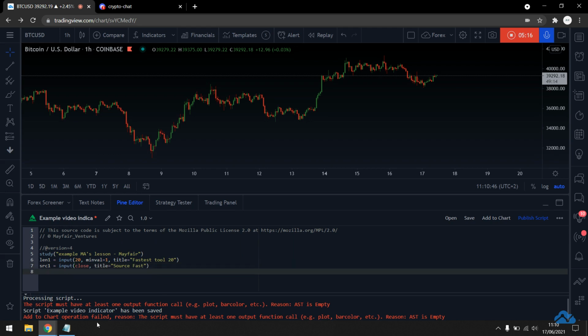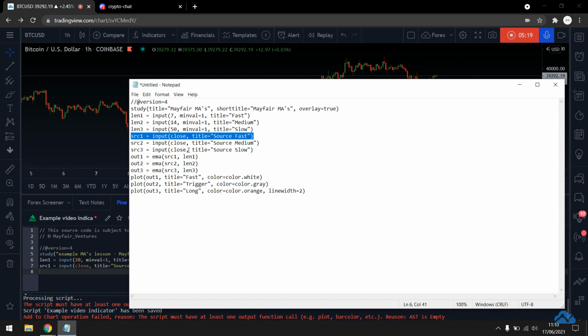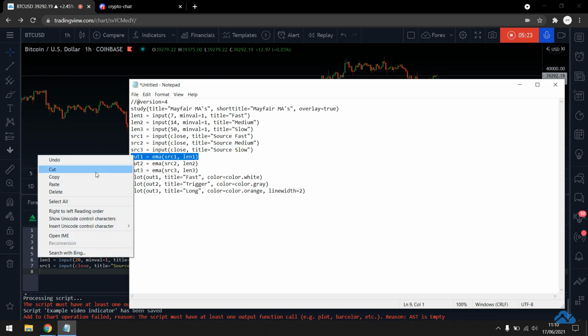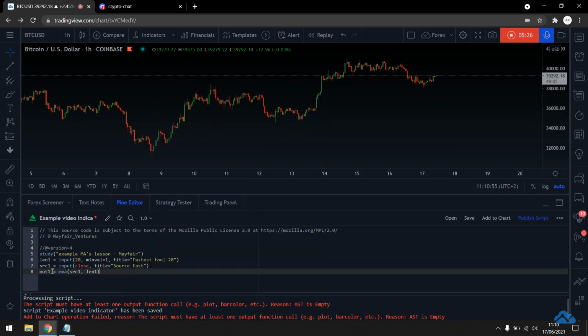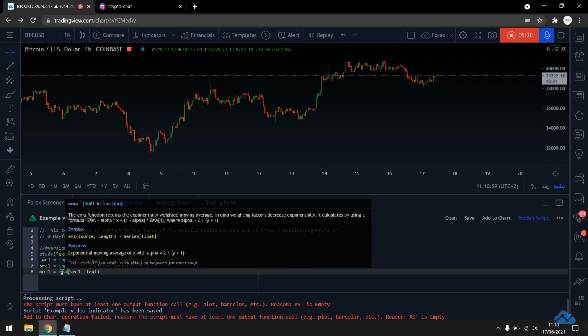And then the next part is ultimately how we get some kind of output. I've kept the name convention pretty straightforward for this example. So I'm going to look at the moving averages. Now, when you hover over this, we can see a little bit of information around what the function returns. We've got the syntax and how this should be positioned in the code itself. And we can then look at how we can change this.